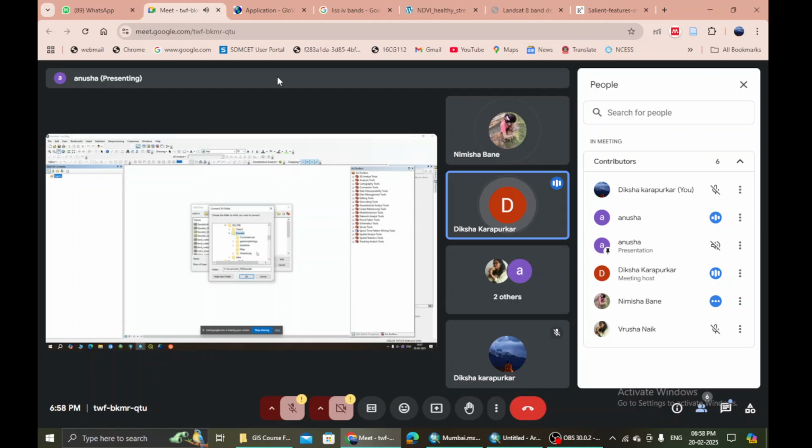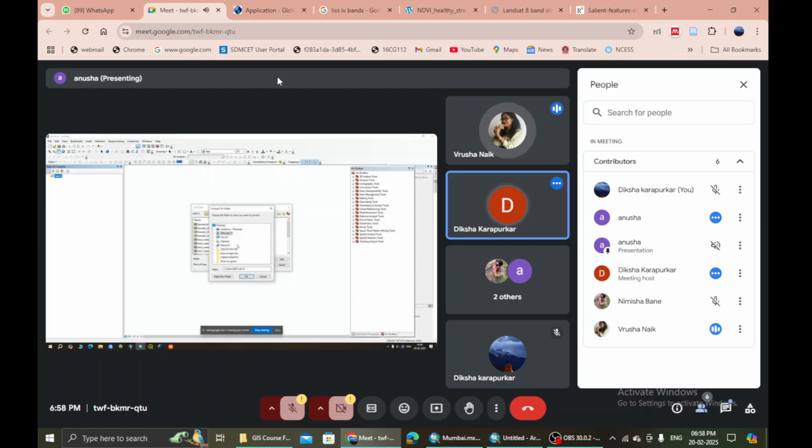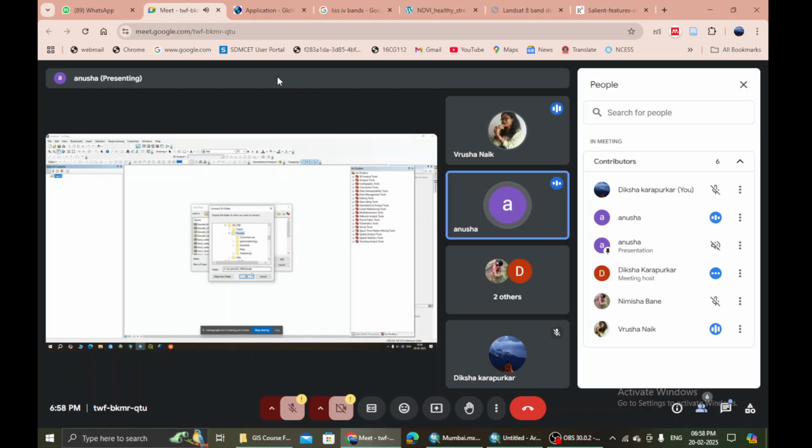Okay. Rusha, are you stuck somewhere or could you do this? No, ma'am, I'm stuck with the values. It is showing error in the calculation. Raster calculator. Could you get NDVI values? No, ma'am. Okay, so you do the same thing what Nisha is doing.